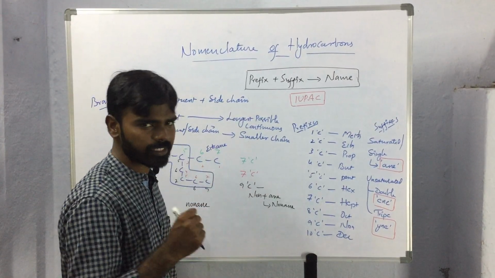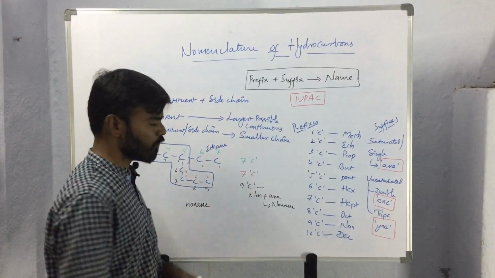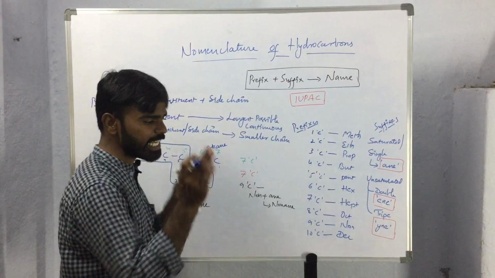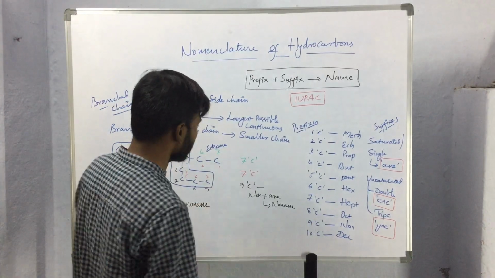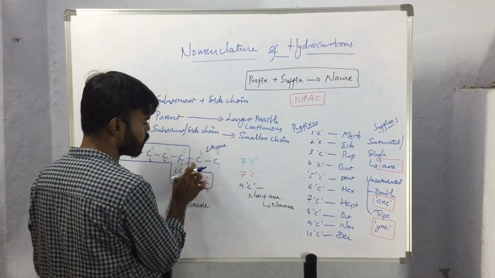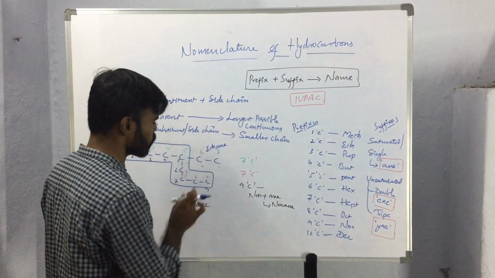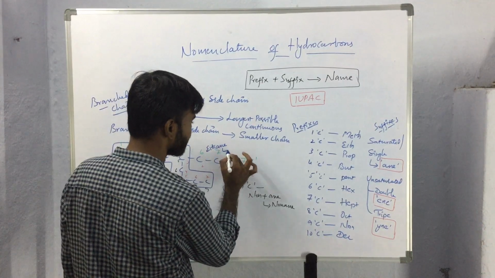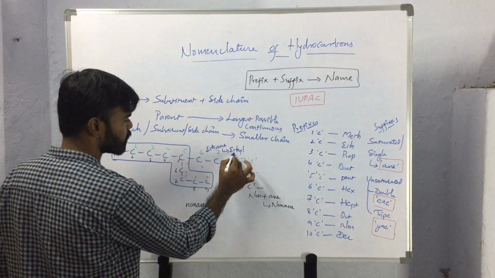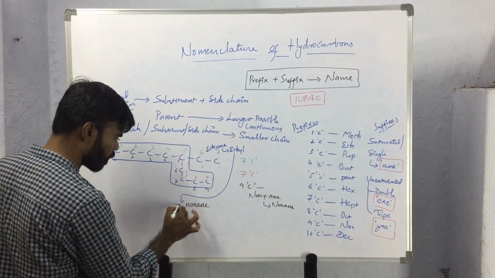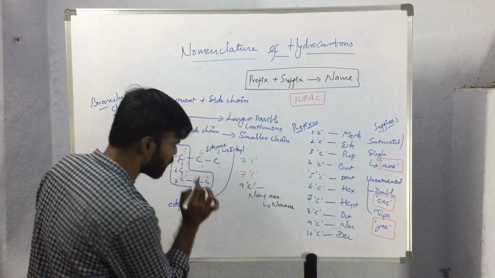But we already discussed in the previous videos that if we remove one hydrogen from any alkane or alkene like that, then the compound will be called as alkyl substituent. If we are removing one hydrogen from any alkanes, then the compound will be called as alkyl group. So here, if from ethane we removed one hydrogen and we added this compound to this carbon atom, this will be considered as ethyl substituent. So the name of this substituent will be the prefix of the compound. So the name of the compound will be ethyl nonane.